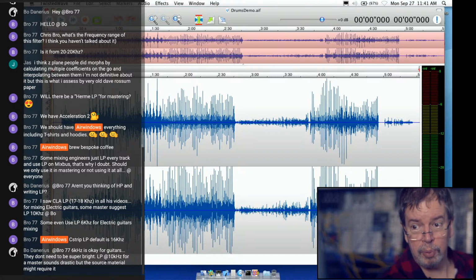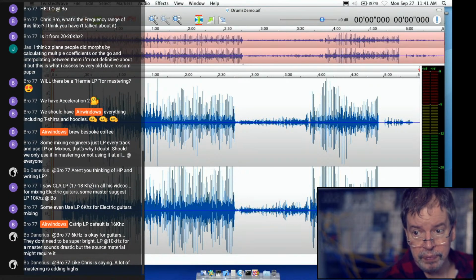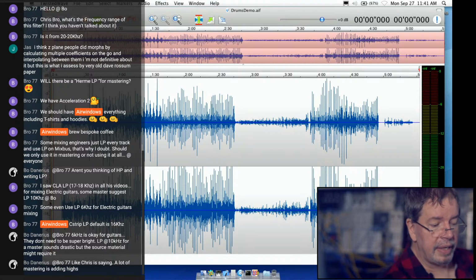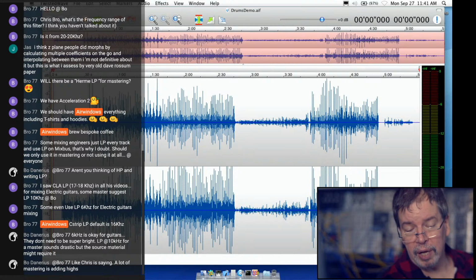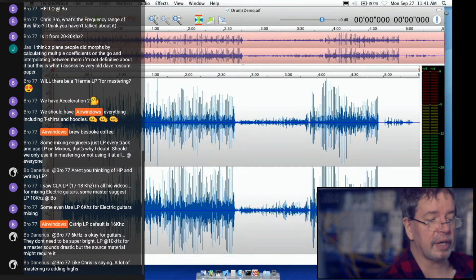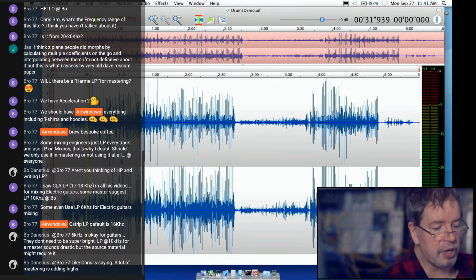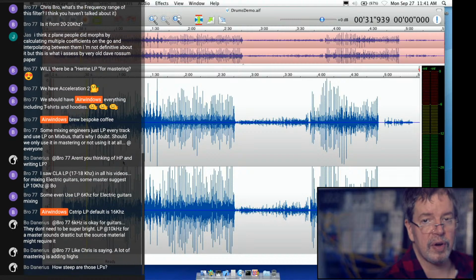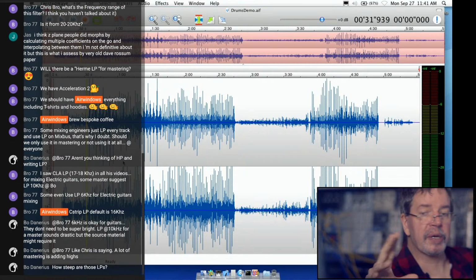Oh, yeah, good point, chat, yes, a lot of mastering is adding highs, but that doesn't necessarily apply to anything. Notably, if you start putting lots of highs on guitars, they'll get what you might call ratty. They'll become unpleasant sounding, especially if they're like high gain distorted electric guitars going through amps. Guitars often want to go through this very band limited speaker cabinet.